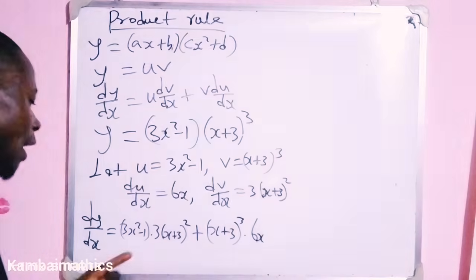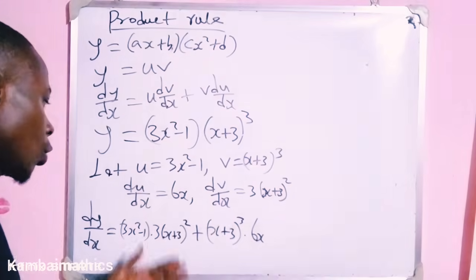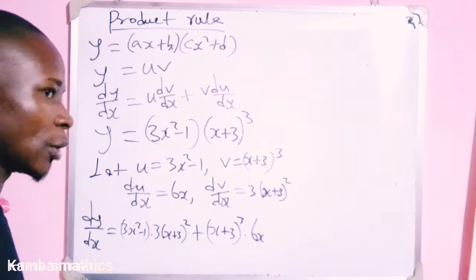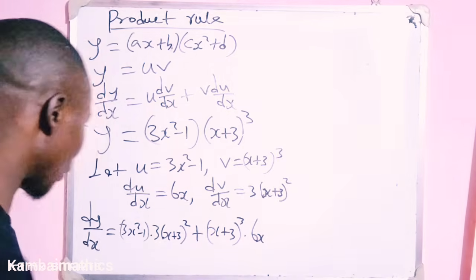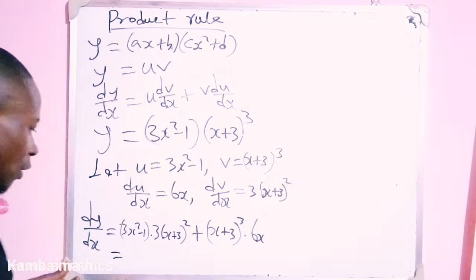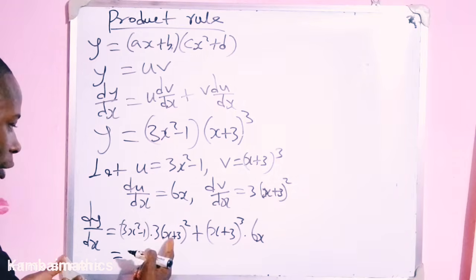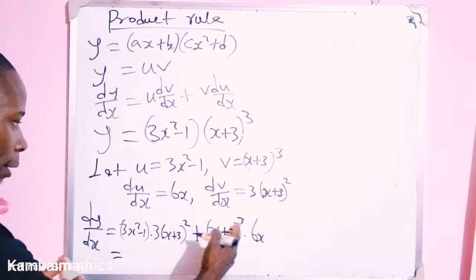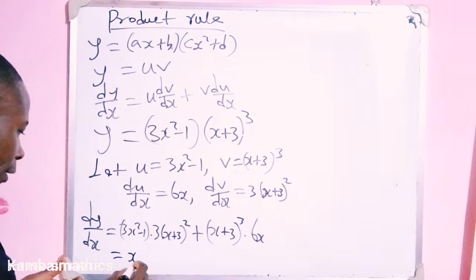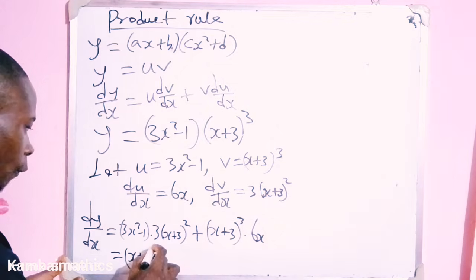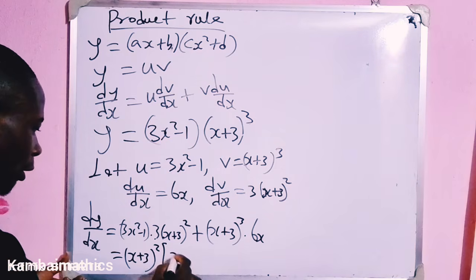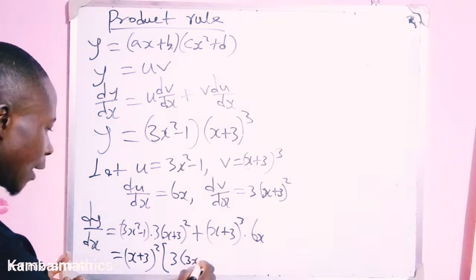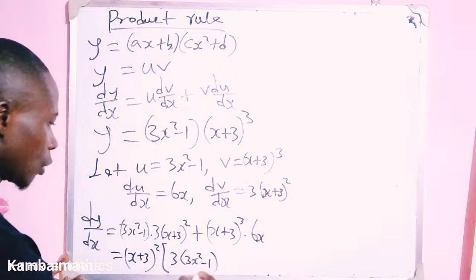So we can now simplify this one by factorization, because if we had to expand it, it would become more complex. So the best thing to do is to factor it out. To factor this one out, you see, this one is common. Since it has a square, we'll factor out x raised to x plus 3 in bracket raised to power of 2. Open bracket, we are left here with 3 open bracket 3x square minus 1 close the bracket, and then here